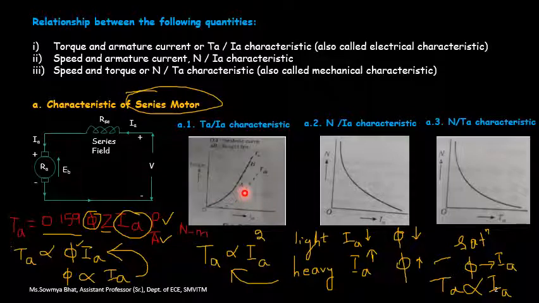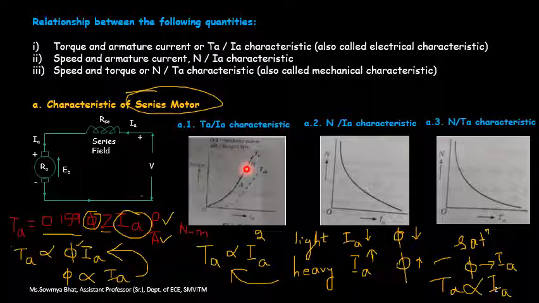curve. Once the saturation level is attained, this condition occurs. That is, phi value becomes almost independent of the armature current, and now the armature torque will be in direct proportionality with Ia. That is from point A to B. Direct proportionality means it is almost a straight line, what you are going to see over here. So 0 to A is a parabolic increase, A to B is a linear increase, or a straight line, what we call it. So this is the armature torque relationship with respect to your armature current.